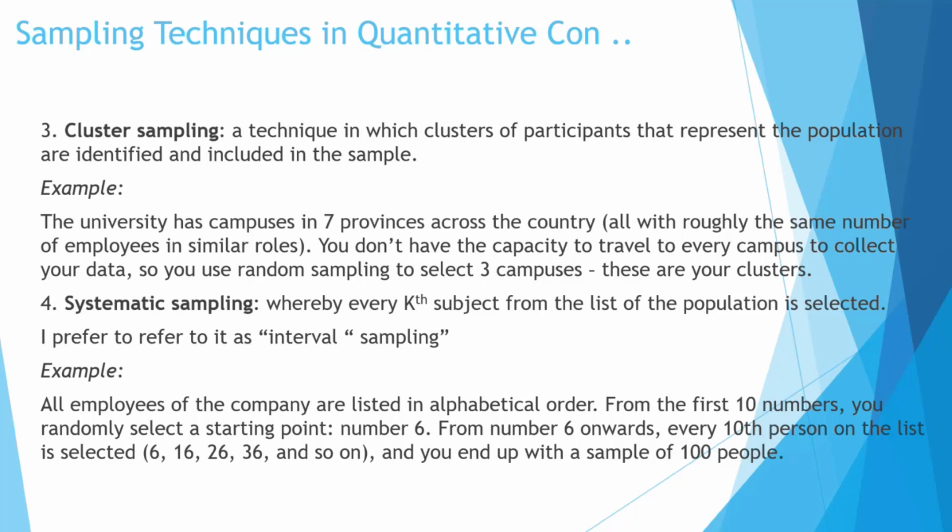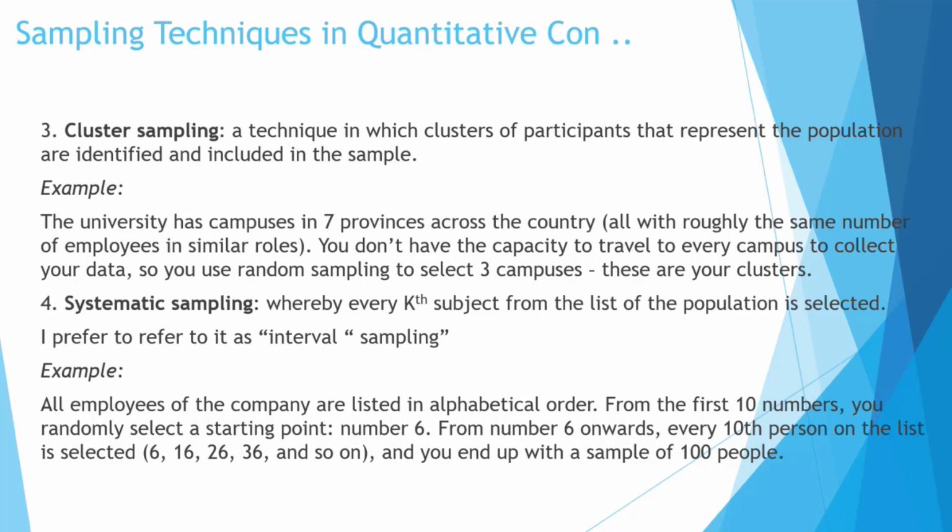Then another interesting one is systematic sampling, whereby a certain number of subjects, K stands for a certain number of subjects from the list of the population, is selected. Yes, I prefer to call it interval sampling. In other words, after a certain number, you sample the equivalent number. For example,